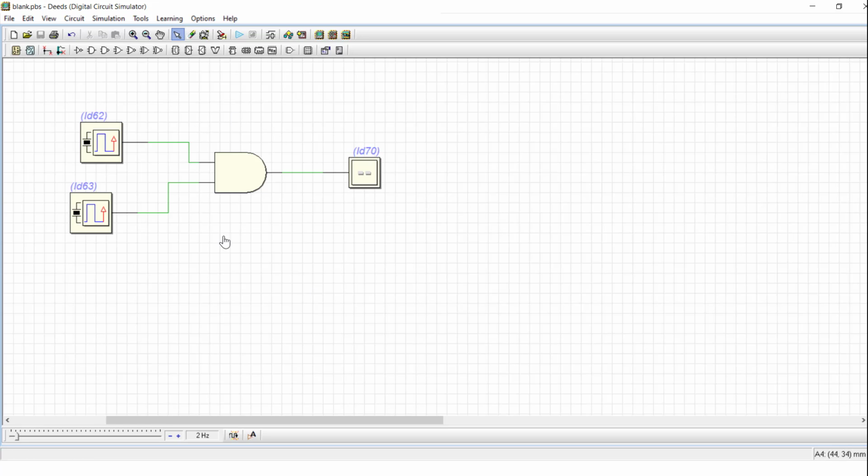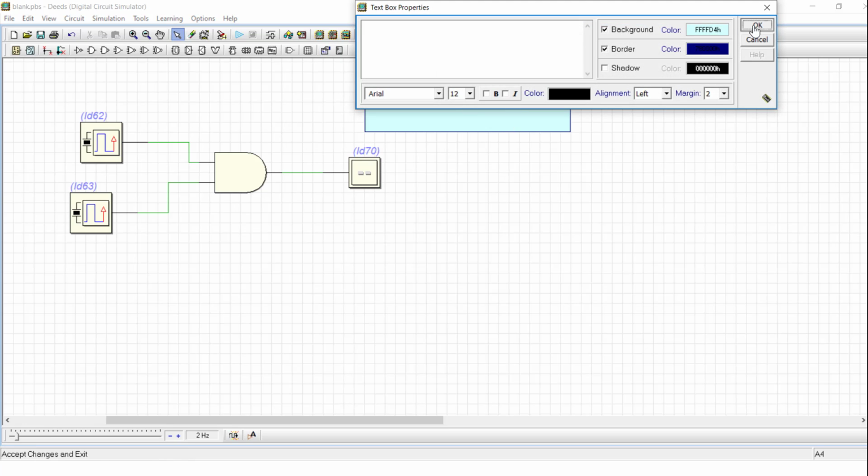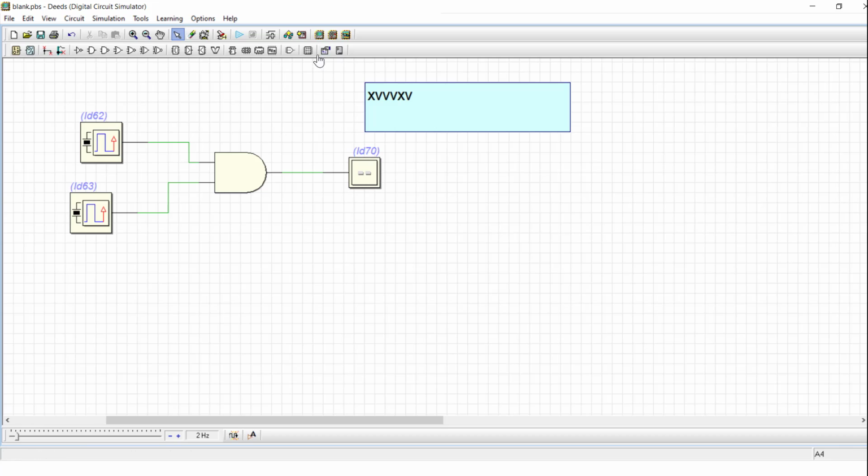The rest of the options we may not use much, and you have another option to adjust the text. Suppose you want to add text, you can use a text box and write whatever you want. If you want to name the circuit or put your roll number, you can press this text button. This is the run button, the simulation button to start your simulation, and other things you don't require for the time being.